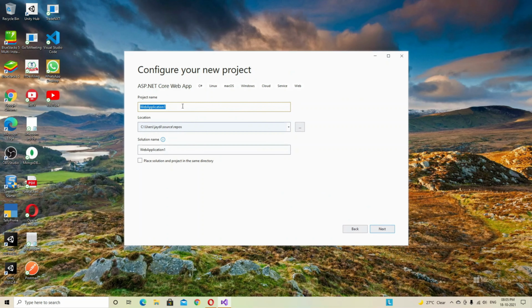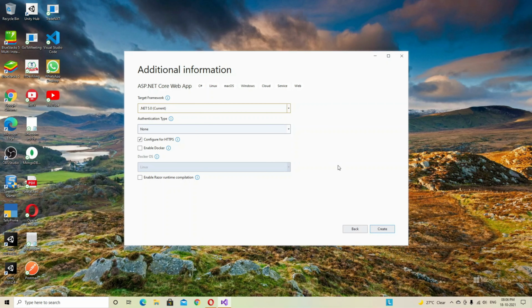After that we will give a name to our project. We enter the project name WebApplicationDemo and set a location for this project. We will click next, and for the target framework I have .NET 5 current.